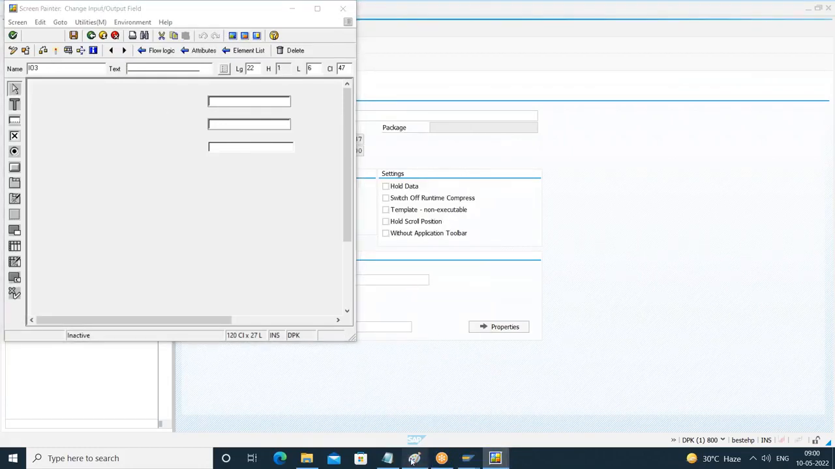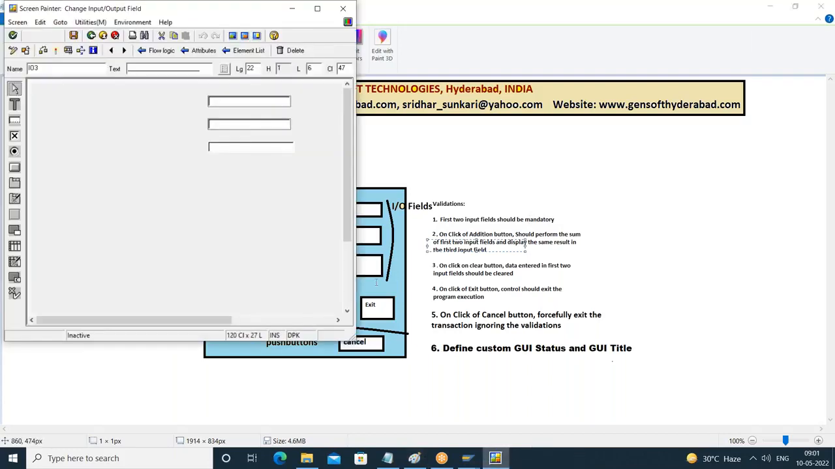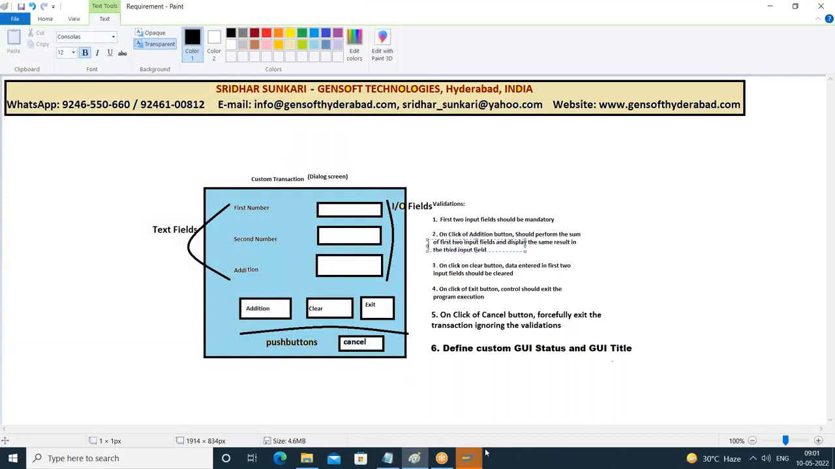If you see the validation, the first two input fields should be mandatory, right? So if it is a selection screen, we know how to give mandatory. We use the addition OBLIGATORY as part of parameters. Here, if you want to make these input fields mandatory,